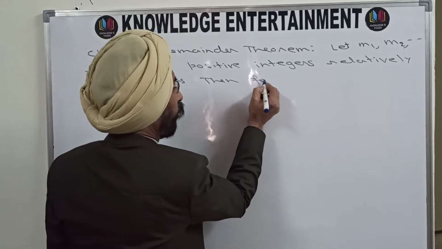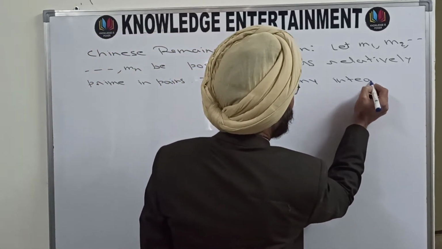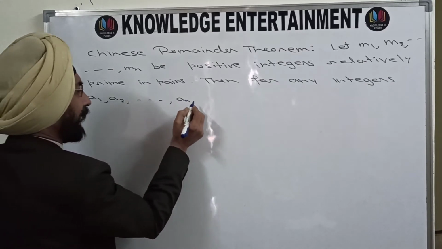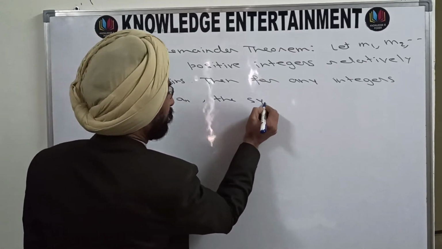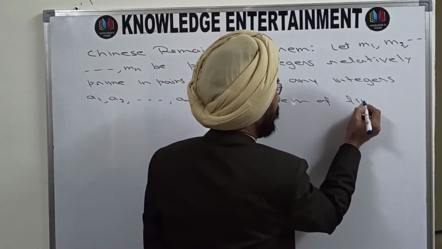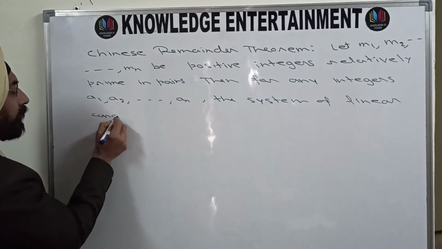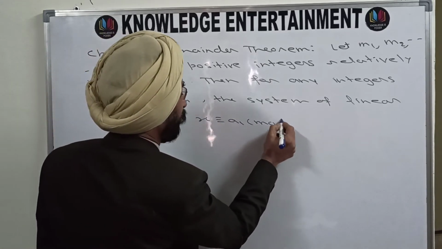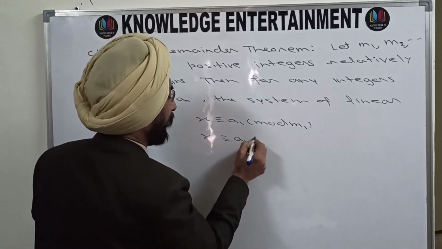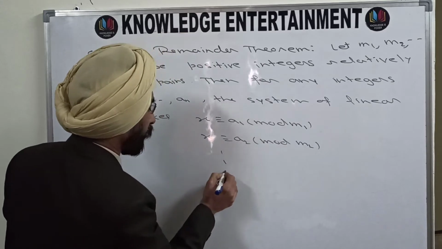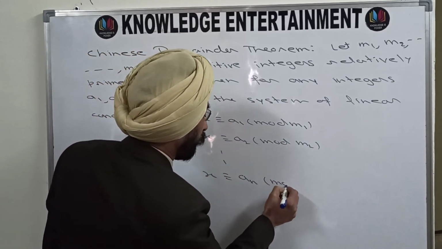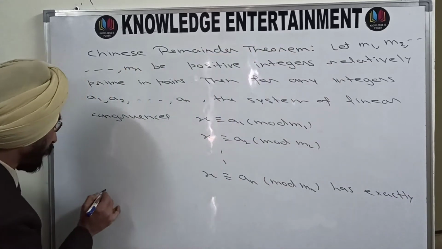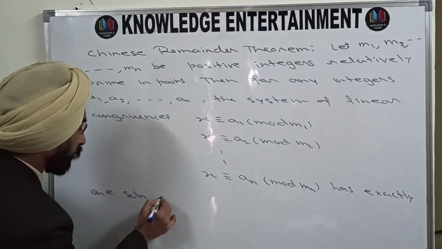then for any integers a1, a2 and so on, an, the system of linear congruences, like x is congruent to a1 mod m1, x is congruent to a2 mod m2 and so on, x is congruent to an mod mn, has exactly one solution modulo